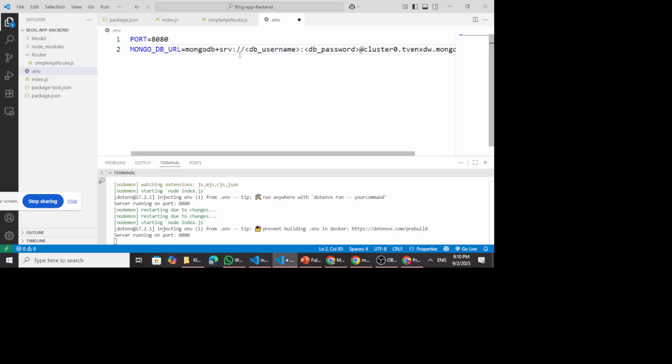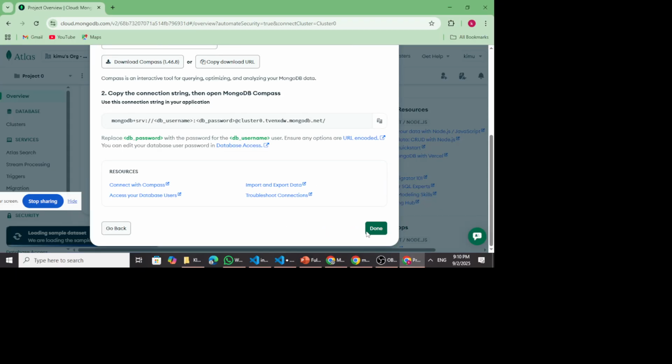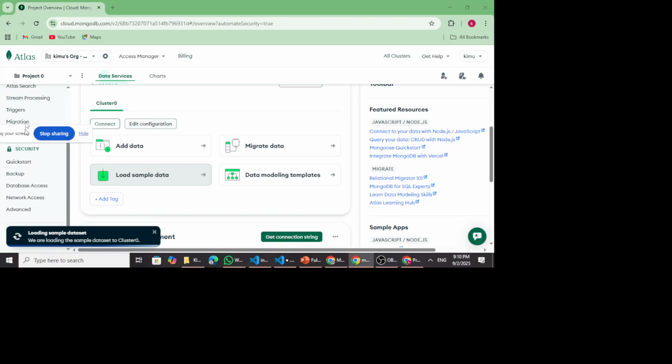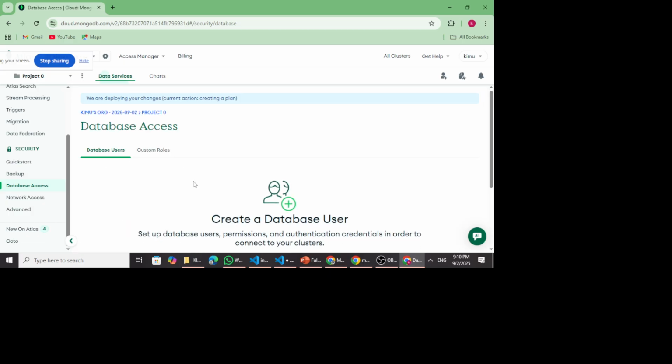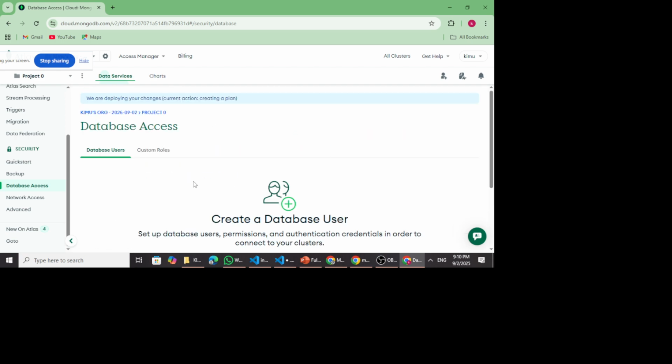When you look at this URL, it tells you db username. So we are going to replace this with the username, and then you replace this part with the actual password. So where do we get the password from? We've just had it right now here, so you can now close here. If you want to get your password or credentials, you can come to the database access on this part, click on that,